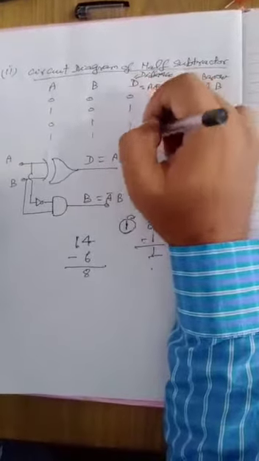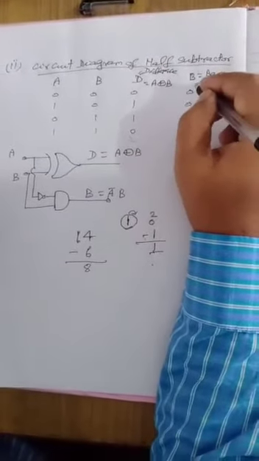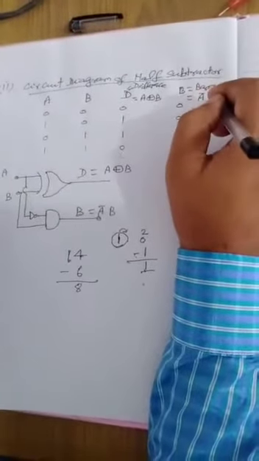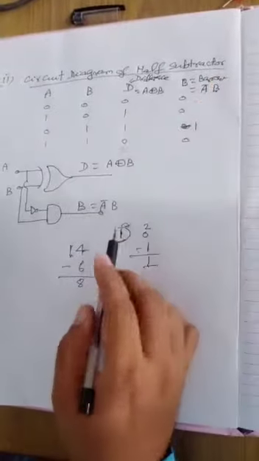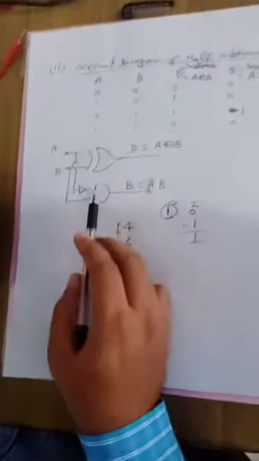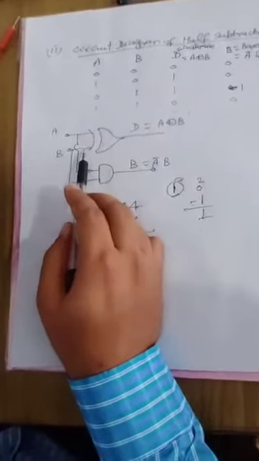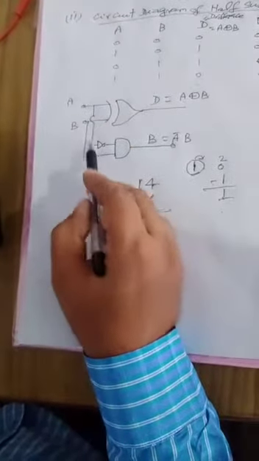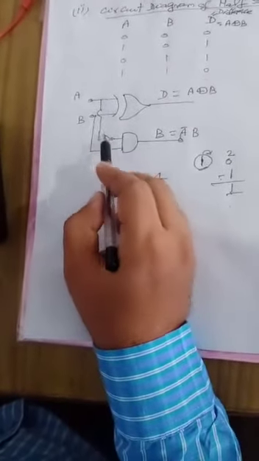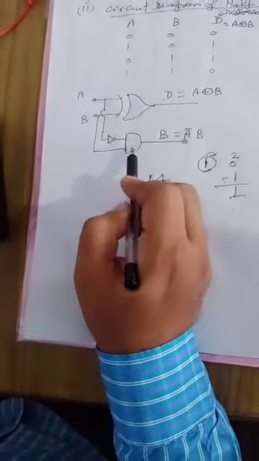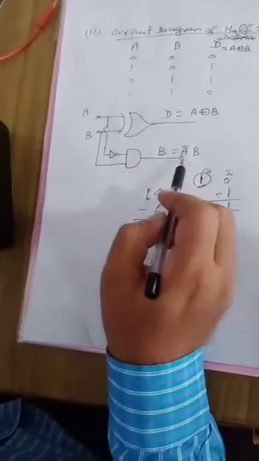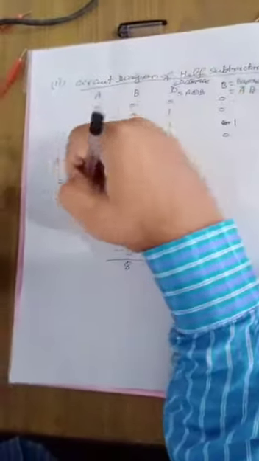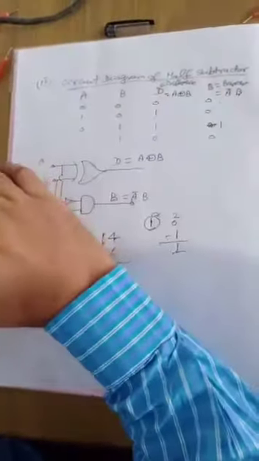You have to use the exclusive OR gate. And if you thoroughly see the truth table of the borrow, it is equivalent to A bar B. Then we design the circuit in this way. This is A, B, this is the exclusive OR gate, this is equivalent to difference, and this is A bar; we have added here the NOT gate, it becomes A bar, and it is B, this is A bar B. Now we can verify this truth table by designing this circuit with the help of this kit.